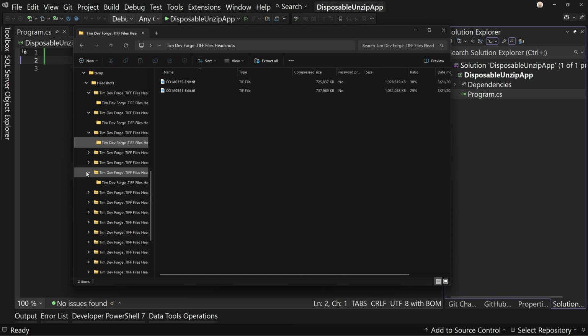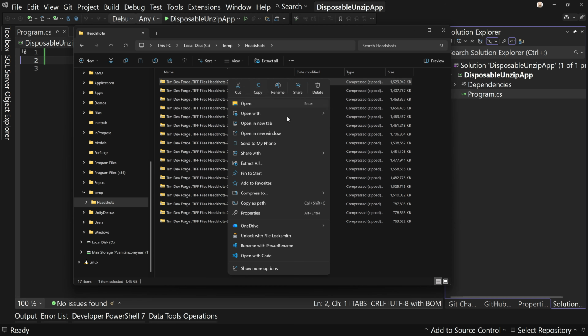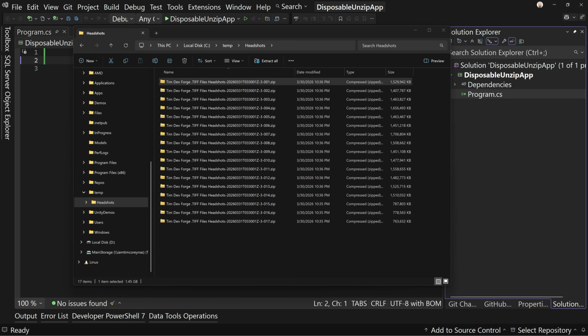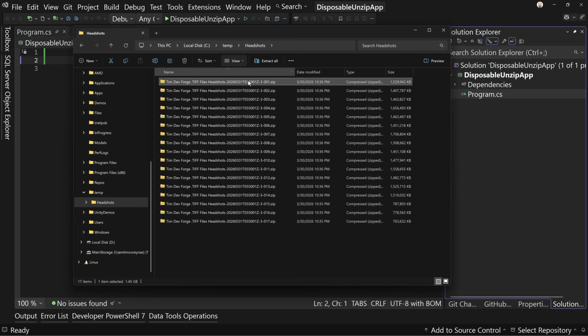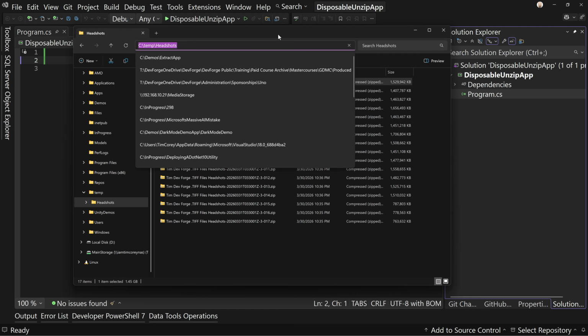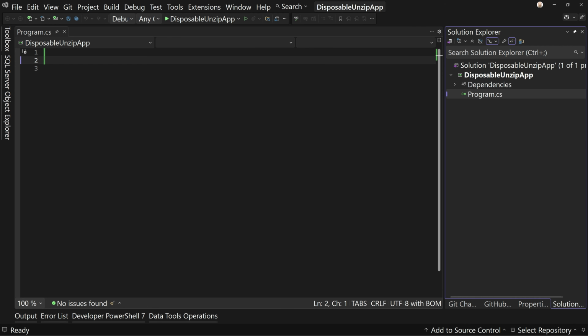Now I could go through and just manually extract each of these to the folder. Like I could say, extract all. I could go to this dialog here. I don't love that, but I can change that and then say extract and do that 17 times. I could do that, or I could do this instead, which is I'm going to grab this path here so I have it, and then I'm going to come over here and I've got a console